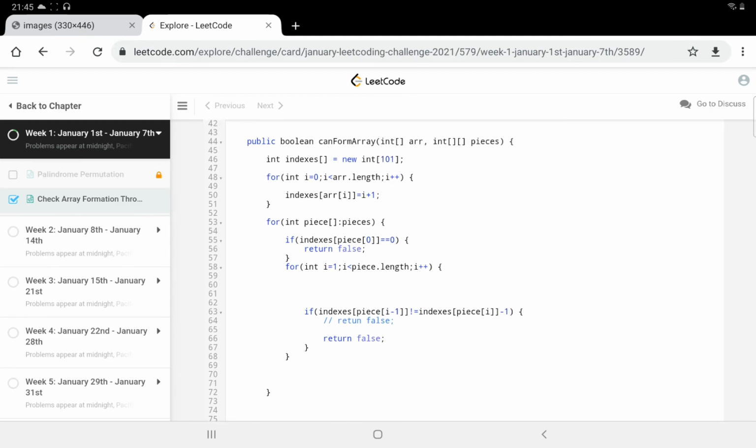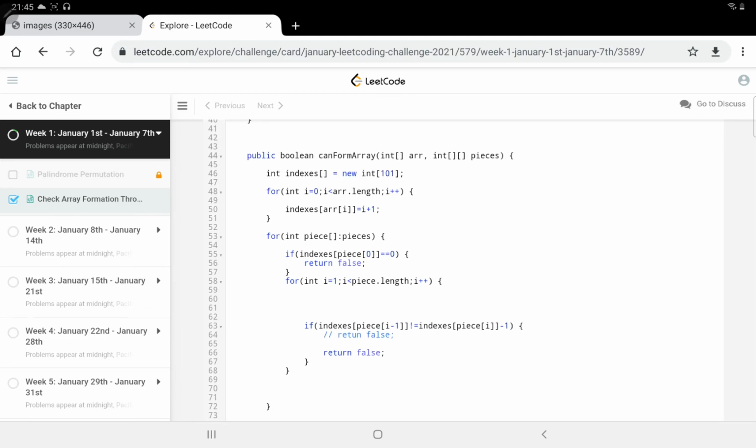So you can see what we are doing here. We created one index array; you can use a hashmap also, but we know that for fetching data, an array is much better. So I took one array of size 101 because it can contain numbers from 1 to 100 only, but since index starts from 0, I take the size as 101. Now we go through each element of the input array and store its index. For 78, our index was 1. So like this we are creating that map.